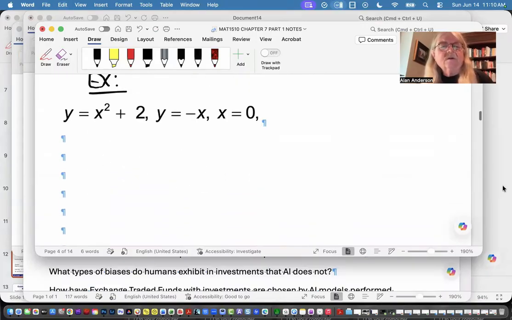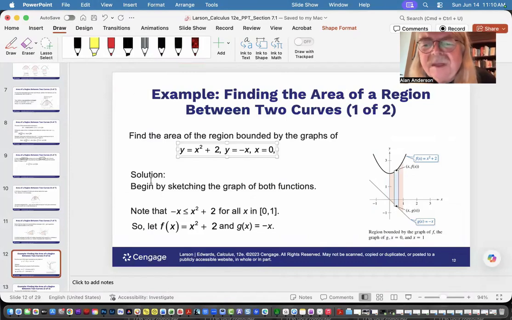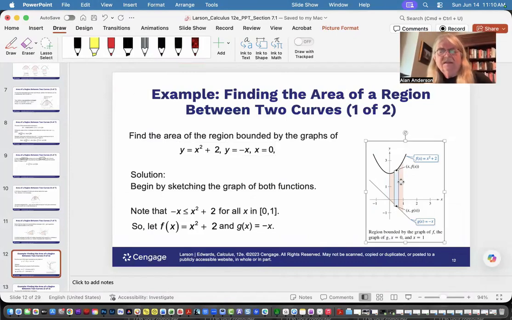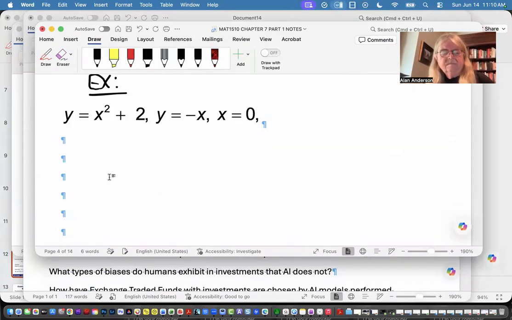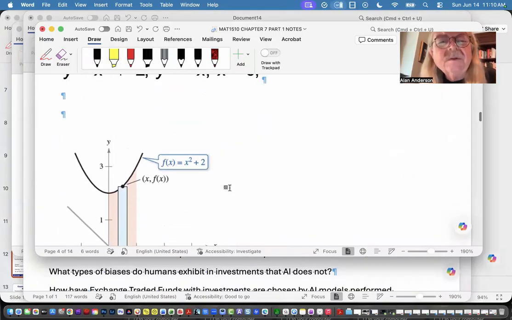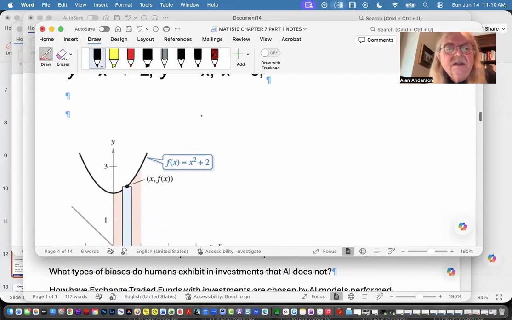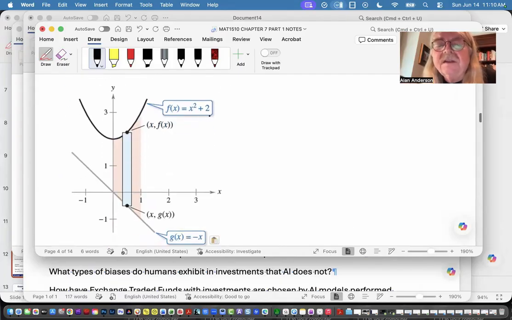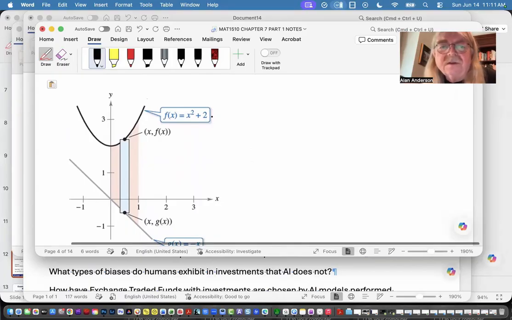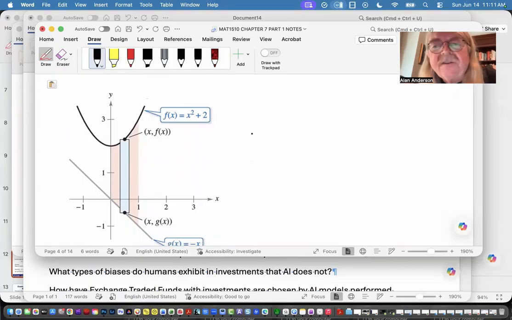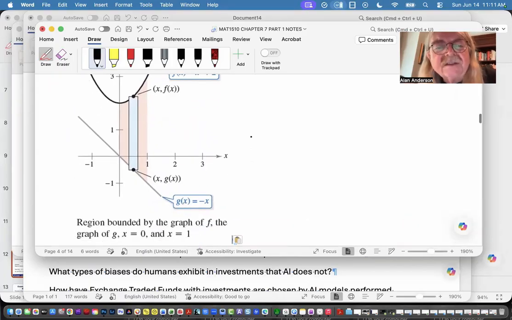All right, so we can draw our own little sketch. Or maybe not. Maybe I'll just steal theirs. So in principle, you should confirm that both of these functions are continuous. And well, you can see they are. One is a parabola, one is a straight line. And also, what's important here too is that within the interval of interest, one of them is always above the other. Okay, so here they've designated f of x to be the parabola and g of x to be the straight line. So this is our quote representative rectangle